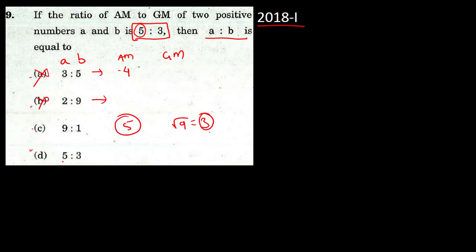Okay, let's consider again this fourth option. ये हो सकता है ना, ये हो सकता है अपना ऑप्शन. So fourth option क्या होगा, 5 plus 3 is 8, 8 by 2 is 4. Yes, definitely it is not answer. So what is your correct answer is C, option C is your correct answer.